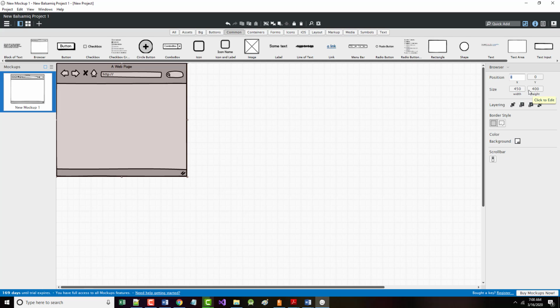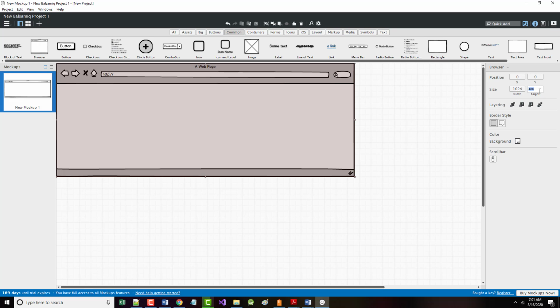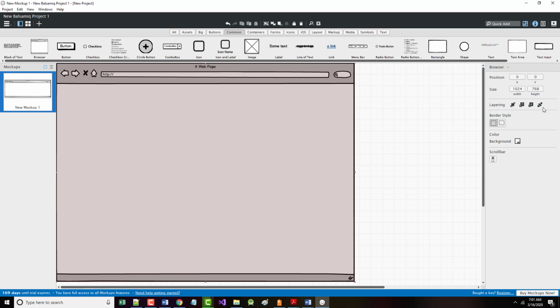This will get the browser control to the corner of the wireframe space for better visibility. In the size boxes, for the width, enter 1024, and for the height, enter 768. Okay? So the browser window, as it says there, will span through all wireframe space using the zoom option above the UI library. It wants us to set the zoom level